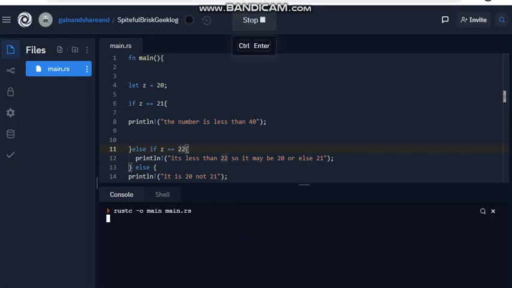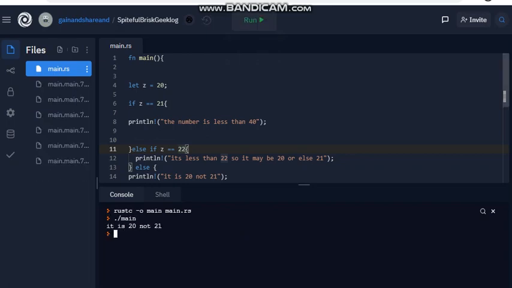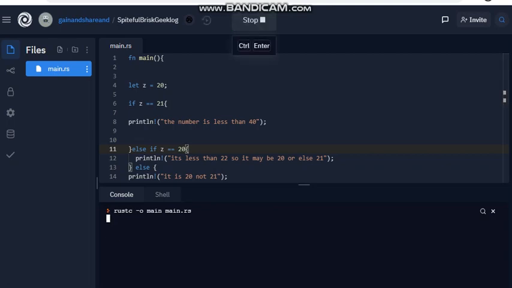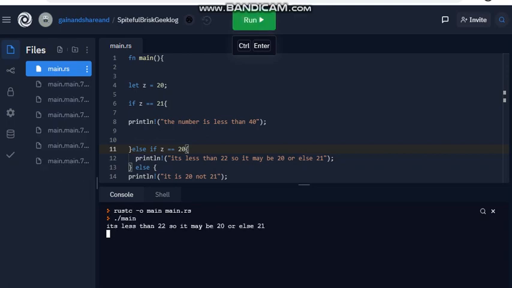The values in the else will get printed: it is 20, not 21. If you had mentioned 20 here, the values you had given in the else will get printed. It's less than 22, so it may be 20 or else 21.